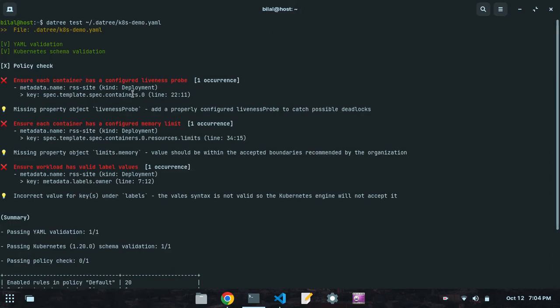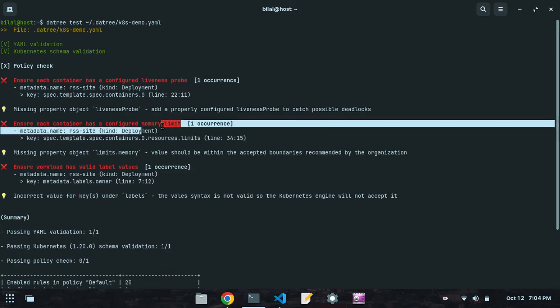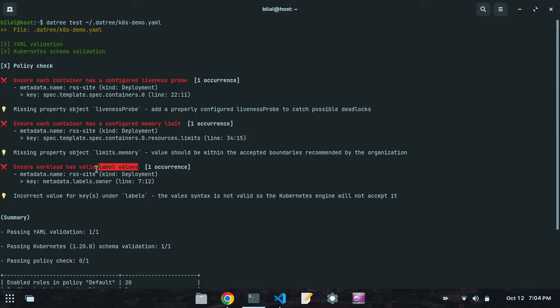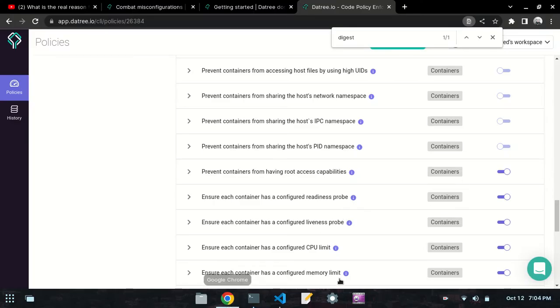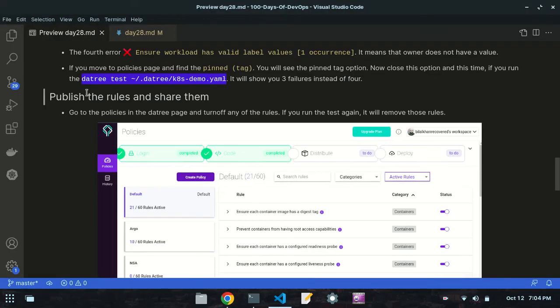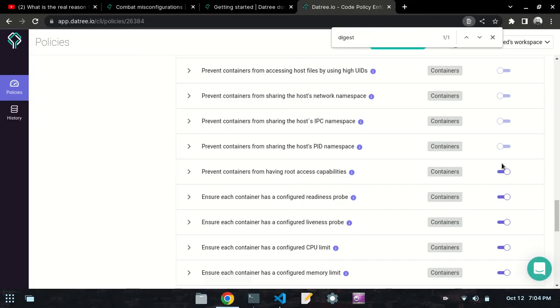Alright, so Linus prop, memory limit, and the valid label values, but the digest tag is not present here. Why? Because it is disabled. So this is how it will work. So publish the rules and share them. Alright, so similarly, if you want,